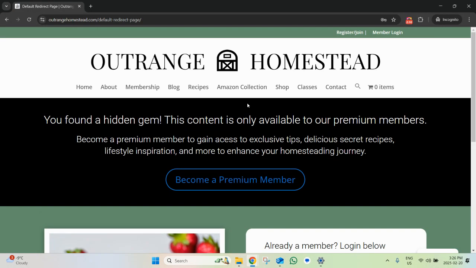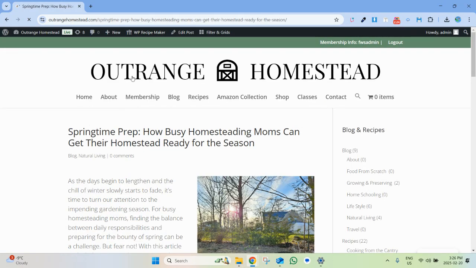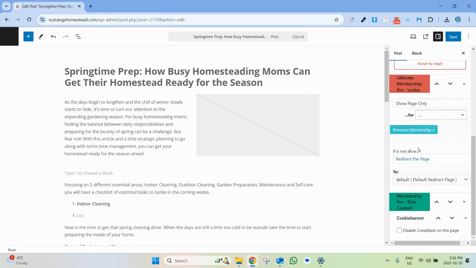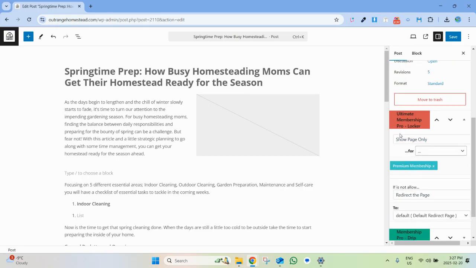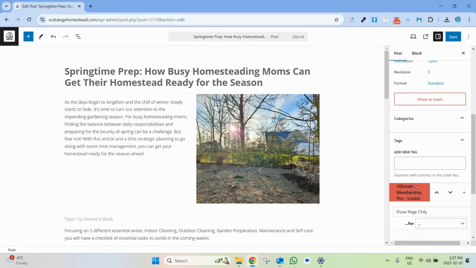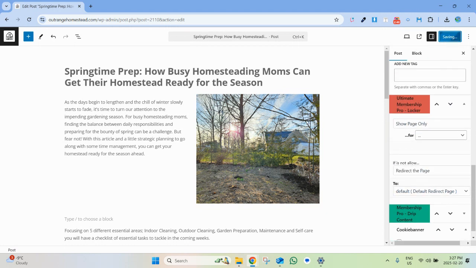So if I go back to the visitor browser, I'm gonna go inside the post, and again it's still blocked. So I'm actually going to go ahead and edit the post. I can either do it from here or I can also do it from the front end. I can just click on edit post up here. But if I do that, go up here, edit post, and then you can see over here it says show page only premium members. So if I remove this, and now it should be visible to everybody. If I just hit save,